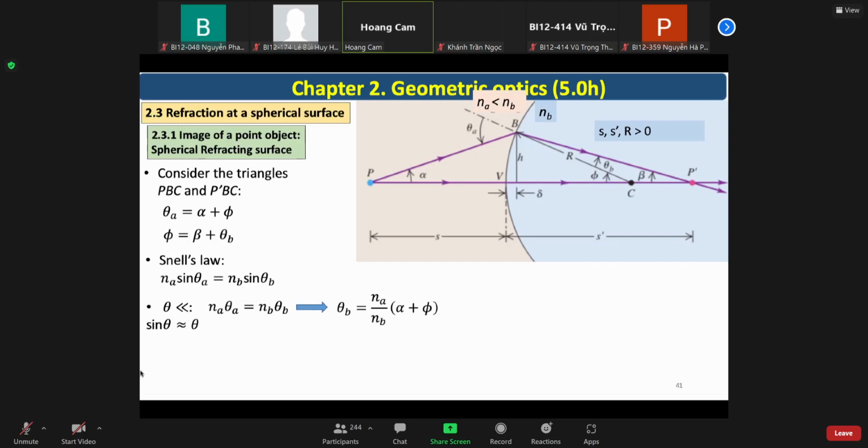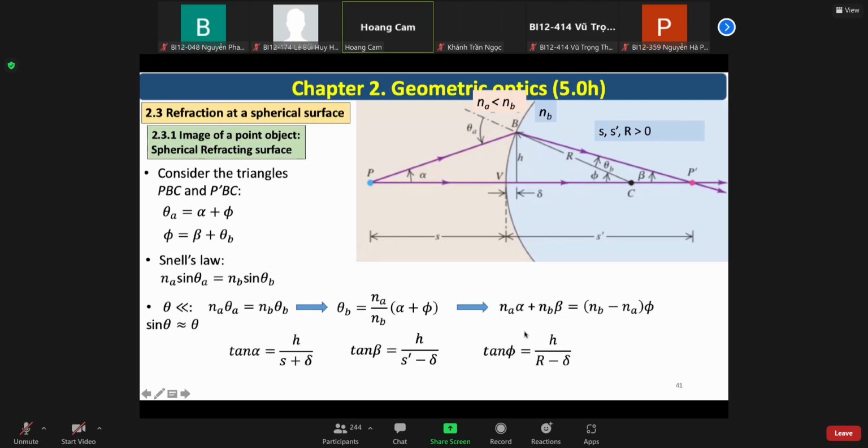And we can deduce theta B equals NA over NB multiplied by alpha plus phi. You deduce that, and we do some kind of transformation. You get NA multiplied by alpha plus NB multiplied by beta equals NB minus NA multiplied by phi. And now let's look at this angle alpha and angle beta